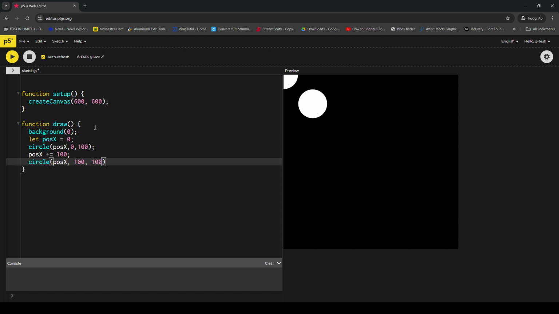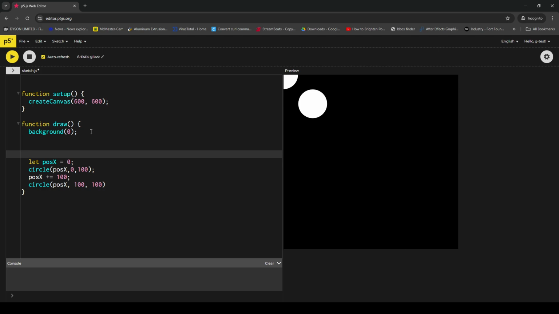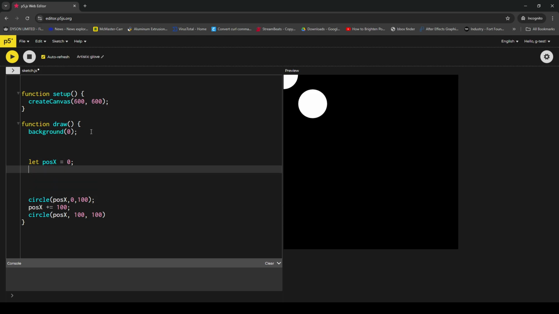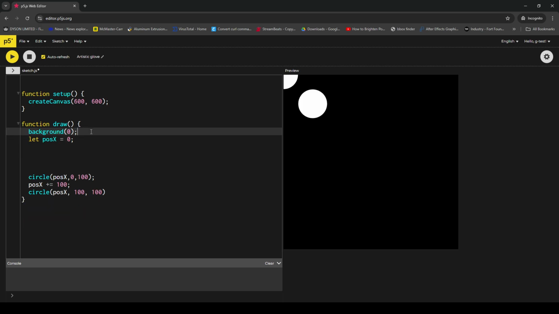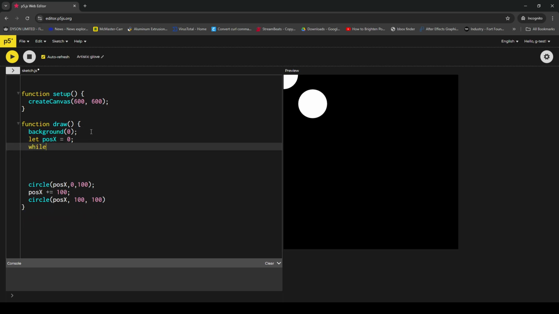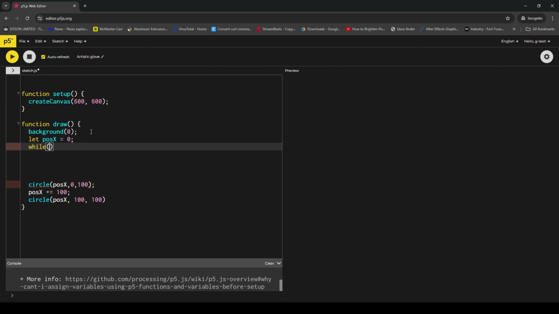So the easiest one we could use is a while loop. All you would have to say is something along the lines where we would define a variable, let's call that pos x, shorthand for position x, and then we can say while pos x is smaller than or equal to the width of our screen, then